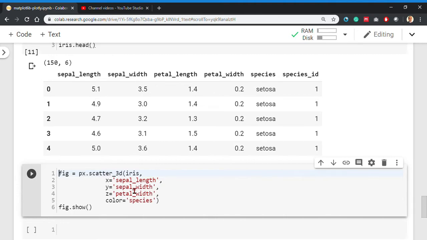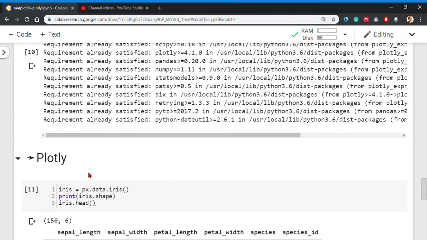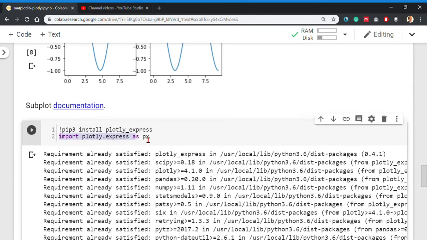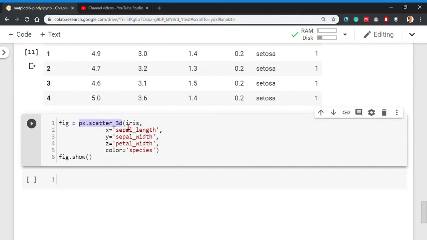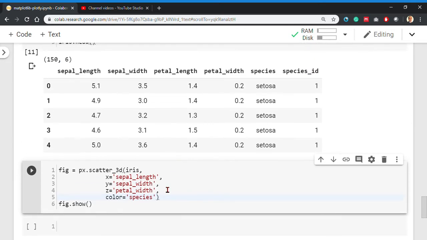So to plot the relationship between these three variables in Plotly, it's pretty easy. We simply import Plotly by doing import plotly.express as px. Now we have px as our imported library, and then I simply do px.scatter_3d, provide the data set, and I specify what is the x in my data, what is the y in my plot, and what is the z in my plot. And I can also use a fourth column, say for example species, to color the scatter plots in various colors. So let me run this,